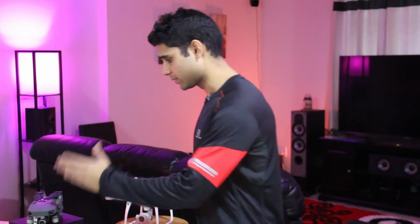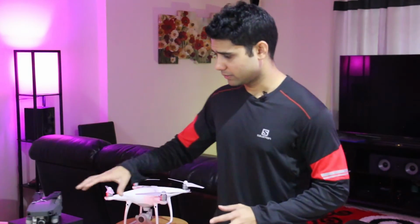Anyway, if you're in the market to get yourself a drone that is a Mavic Pro or a Phantom 4 Pro, these two are different kinds of drones. They're not just flying cameras. They have different capabilities, and different usefulness, whatever you're looking for. So it's individual preferences. If you're in the market to get a drone and you're confused whether you should get a Phantom 4 or a Phantom 4 Pro or a Mavic Pro, trust me, you can get yourself a Mavic Pro,